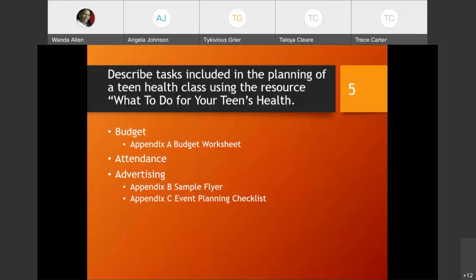That's not a good idea. You're not positioning yourself or your organization to have good attendance. So actually, you want to start your campaigning for a class that you're planning at least 4 to 5 weeks